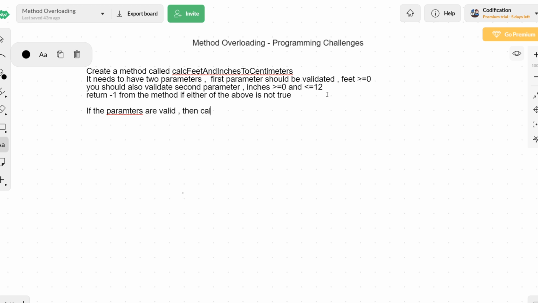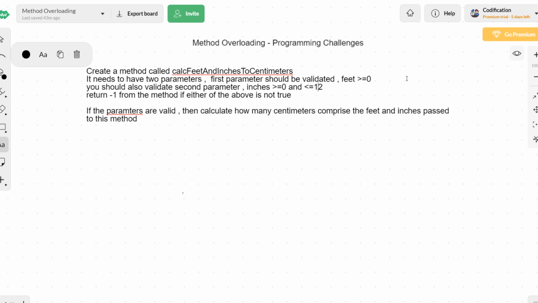Next, if the parameters are valid, then calculate how many centimeters comprise the feet and inches passed to this method. So you have been provided with two parameters, inches and feet.